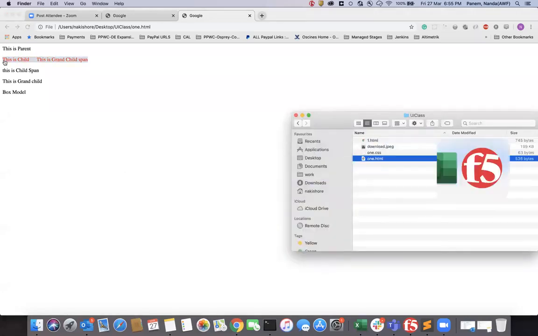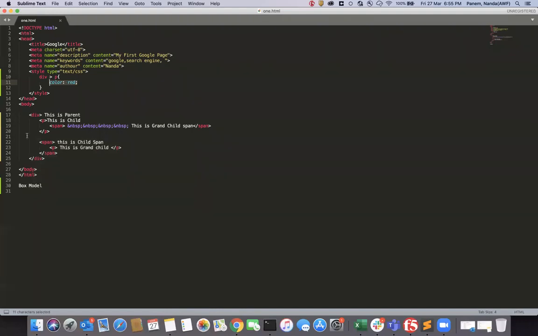This is the concept we call an exact child. But here you can see there is a grandchild paragraph also. So whenever you want to apply a color to any paragraph coming inside this div tag, then you don't need the greater than symbol, just remove it.